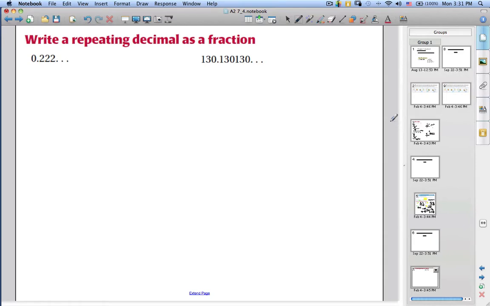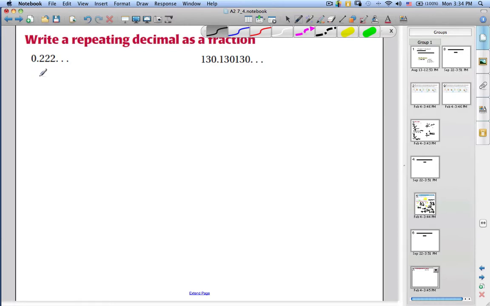So one of the things we can do with this concept is take a repeating decimal and convert it into a fraction. Repeating decimals end up being this sort of a decay function. But what you have to look at is how much of the item repeats. You see I just have one digit that repeats. So if we take a look at this particular item, I could write this repeating decimal